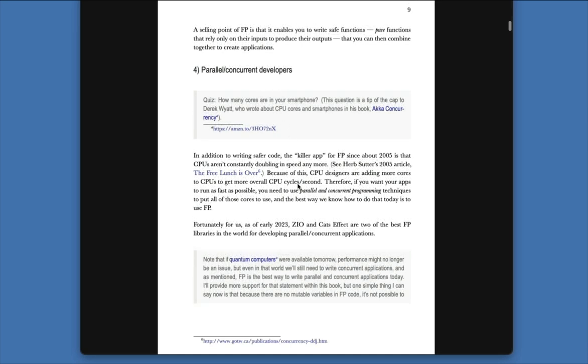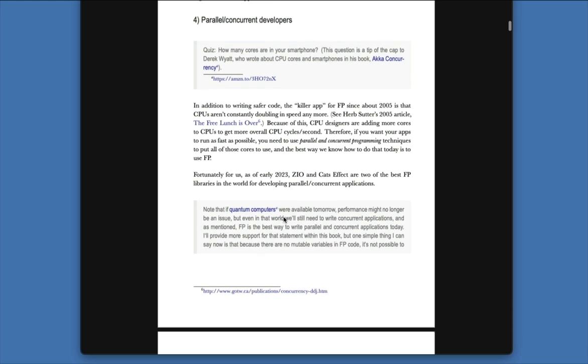The parallel and concurrent developers, I don't have much in here on this theme right now, other than to say that as I was rewriting this book in early 2023, I believe it was fairly commonly known at least in the Scala world that ZIO and Cats Effect were two really terrific functional programming libraries for developing parallel and concurrent applications. So there are websites and web applications like Caesars and Disney that are built on these two libraries. And those are some of the busiest websites in the world, and they take advantage of the parallel and concurrent features inside of ZIO and Cats Effect to get that work done. So I'll talk about this more as we go along.